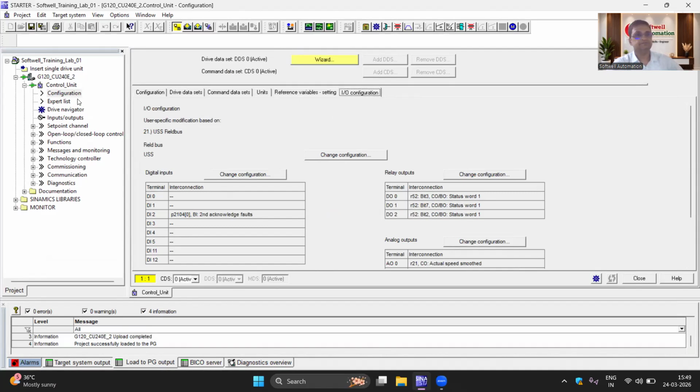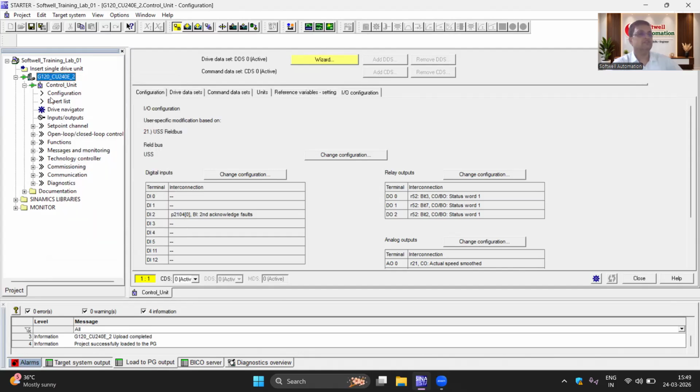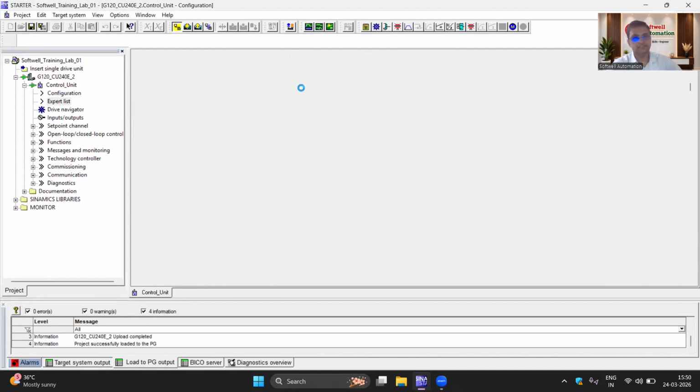Then the second step, compare the data. So how to compare the data? Two options. One is to compare the complete data. So right click on the device name and go for the compare. But right now, I just want to compare related to parameters. So just click configurations and, not configuration, click on export list and click on the comparisons tab.